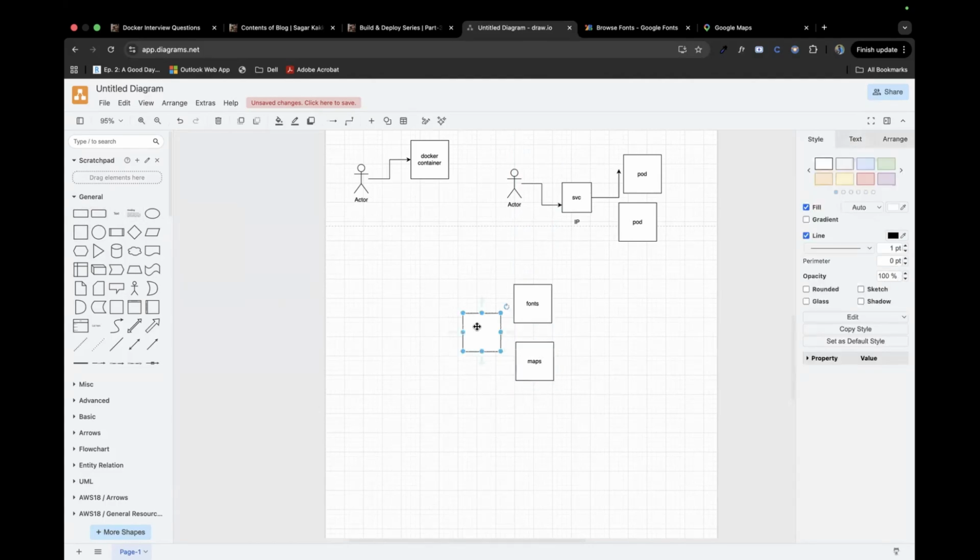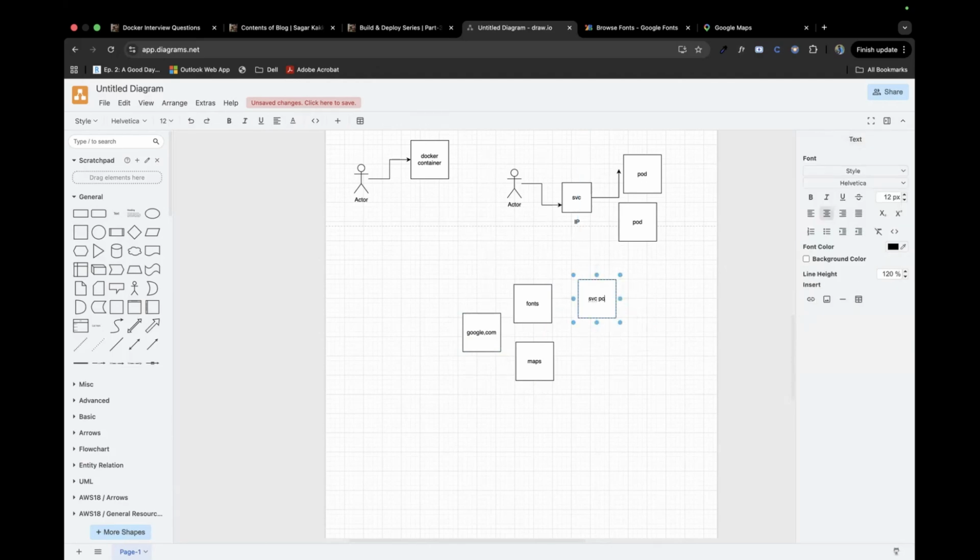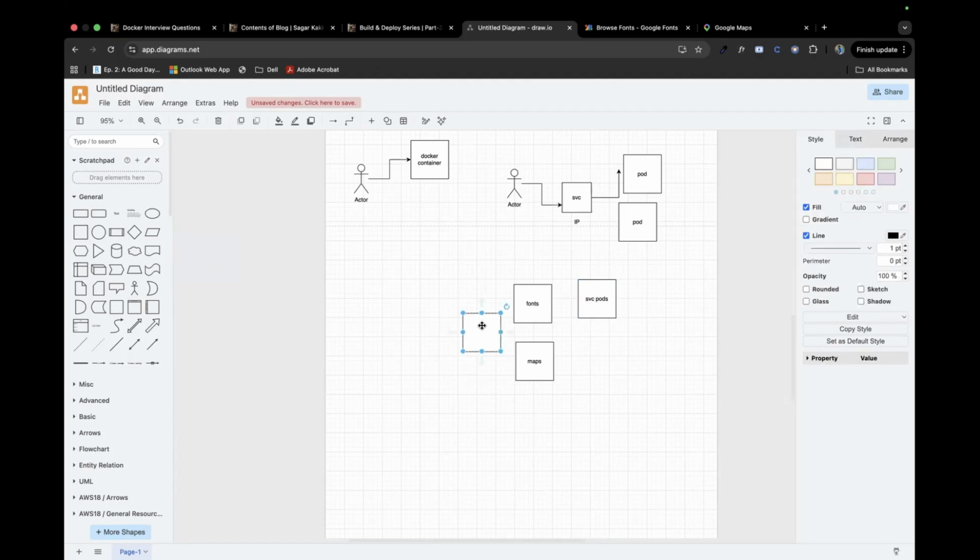And here I have the service and pods, the particular things where our application runs. Let's suppose an example. Maybe let me separate it, that's better.